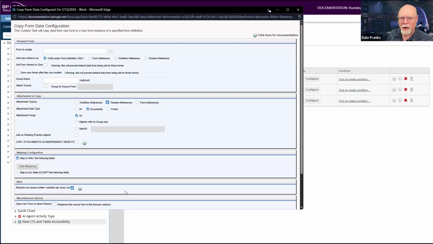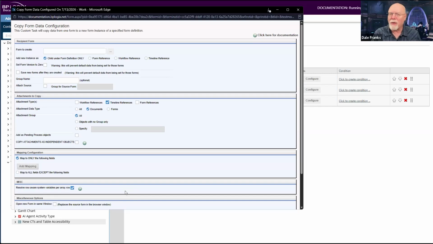Rather than just doing a single evaluation and returning the comma separated list, which is hard for system variables, right? Because rows don't have any context when you're looking at an array from the outside. What a field returns is just a single comma separated list of values.